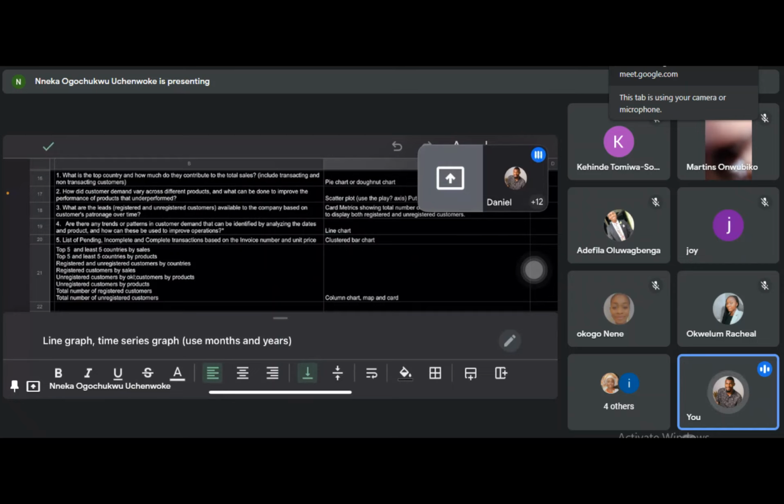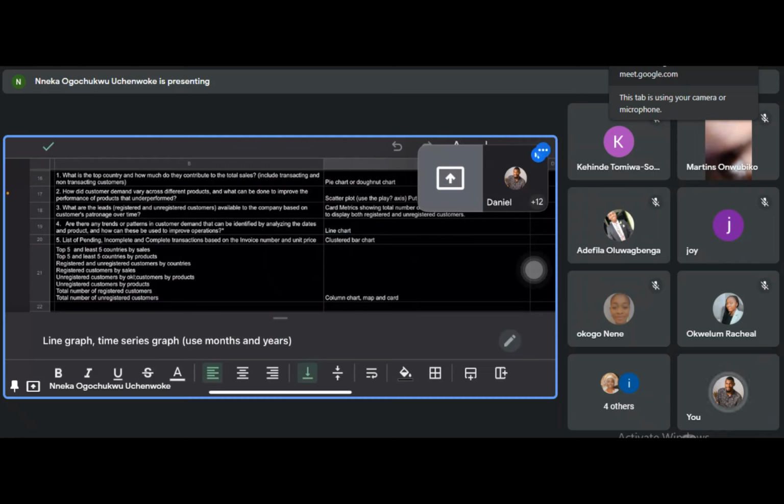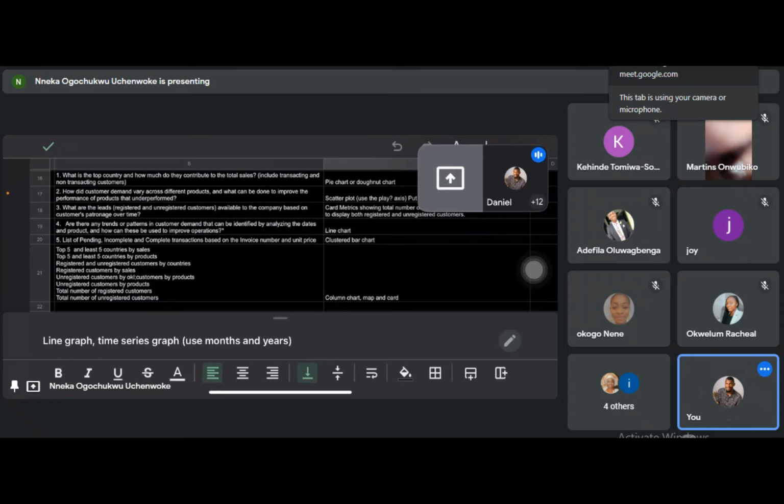okay, so everyone here is just customers for this. They also called it data summary, right? So just giving a summary of the data. Total sales, use a card. Total number of registered customers, use a card. Then you can also use a multi-card for the total number of registered customers and total sales from these registered customers, so you don't have to repeat cards. That card can just be for registered customers, then you can look at their total number and total revenue from them. Do the same thing for unregistered customers.